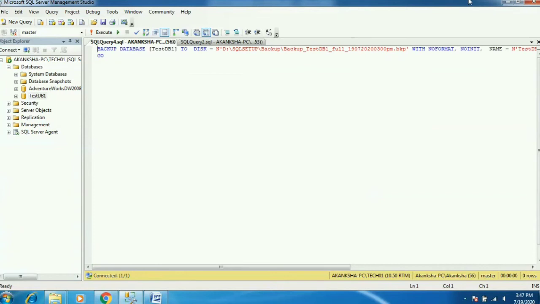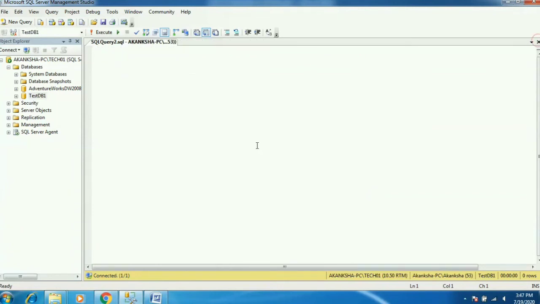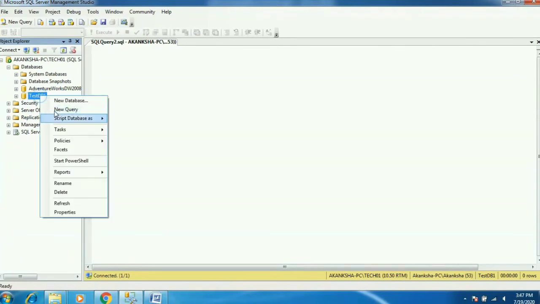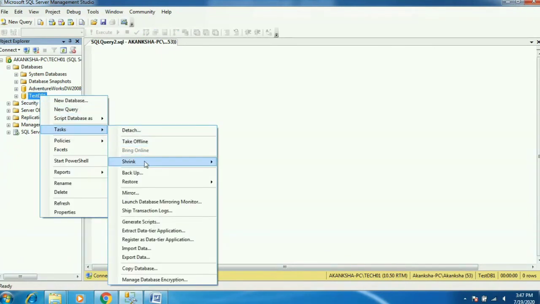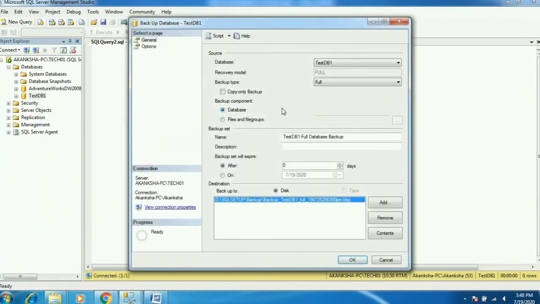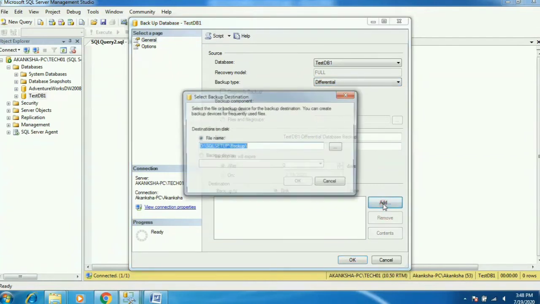I'm just closing all the windows. Now we will take the differential backups. We'll take the differential backup of the same database, testdb. Right-click, Backups. Here you just need to select Differential. You need to remove this, by default it's taking the media.